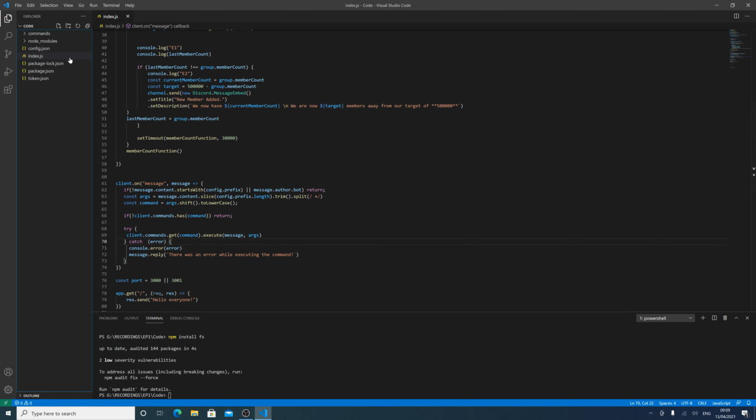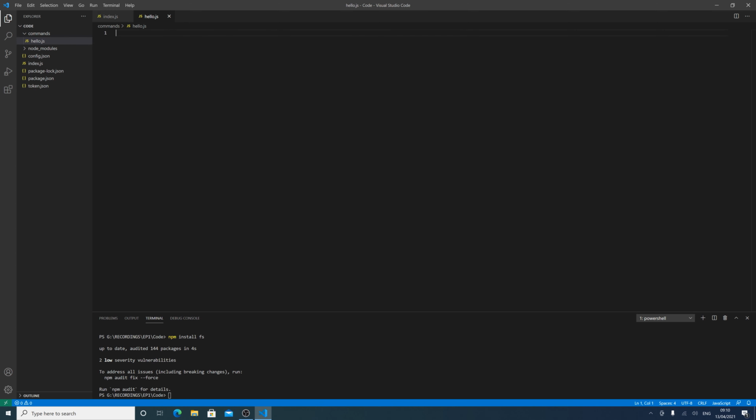Okay, so now in our commands folder we can make our first command example. This is going to be a very basic hello command. So in our commands folder we just make a new file, and we're going to call this hello.js. So we need to do module.exports equals curly brackets open, name is going to be ping, we need to do a description of, no, not ping, we're going to do hello, so it's going to be hello,